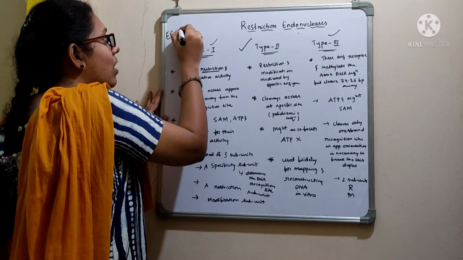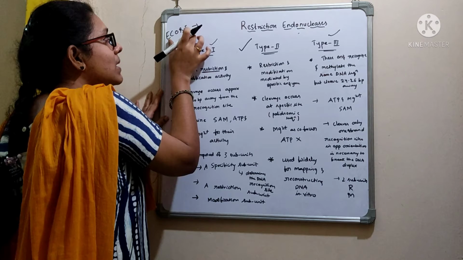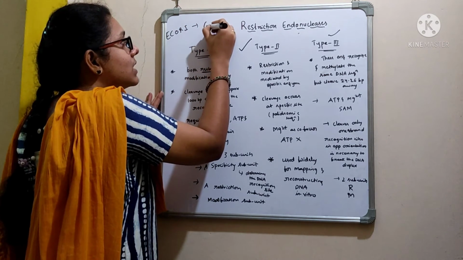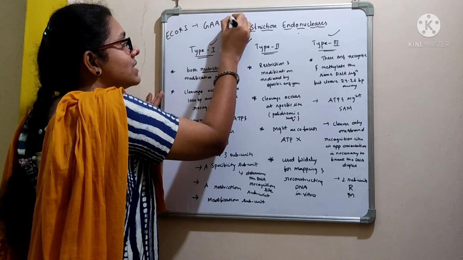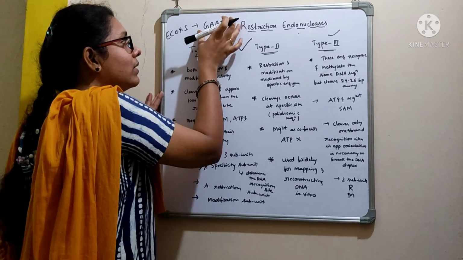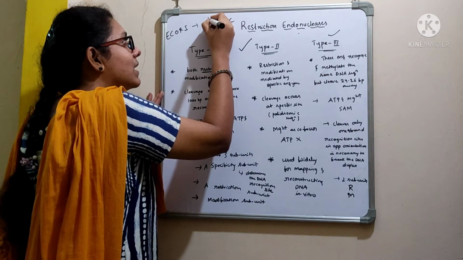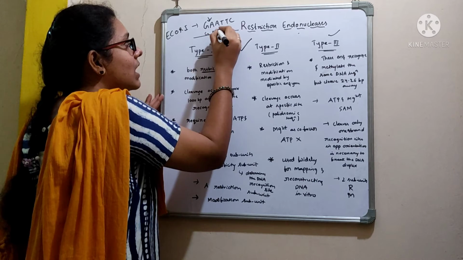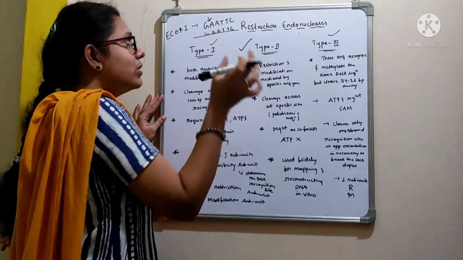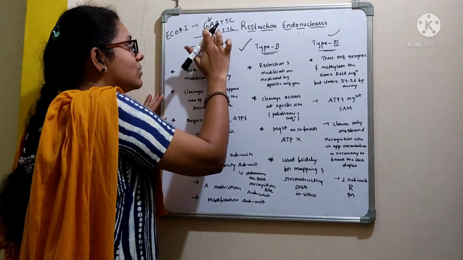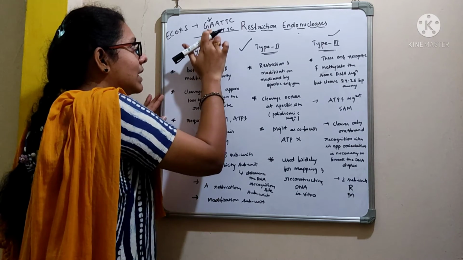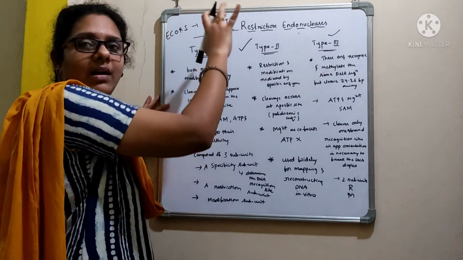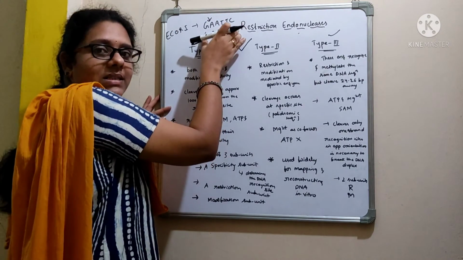If you take EcoR1, this is the enzyme that was isolated from Escherichia coli. It has a recognition sequence of GAATTC. So it is going to specifically cut the DNA within this position. If the DNA has a sequence of GAATTC, and when you use this EcoR1 enzyme, it is going to cut the DNA exactly at this location, that is in between G and A. So they recognize a particular sequence.